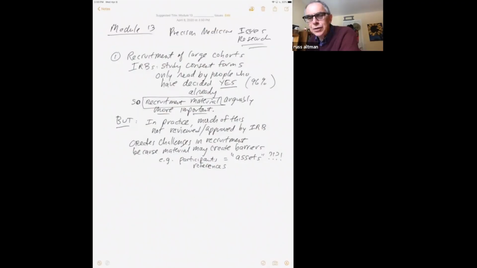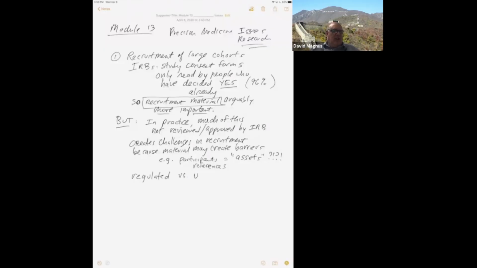Please continue. I apologize. You were saying that in some materials, participants were referred to as assets, and that definitely can be a barrier to recruitment and the establishment of trust. Yeah, and so the line between regulated and unregulated recruitment material and engagement and communication is one challenge, but another challenge, which we're seeing more and more with these large efforts, is you can't recruit 1 million people. And realistically, to get 1 million people who are going to do everything, it means they need at least several million people, maybe 3 million, 5 million people who will each be partial participants to get 1 million full participants.